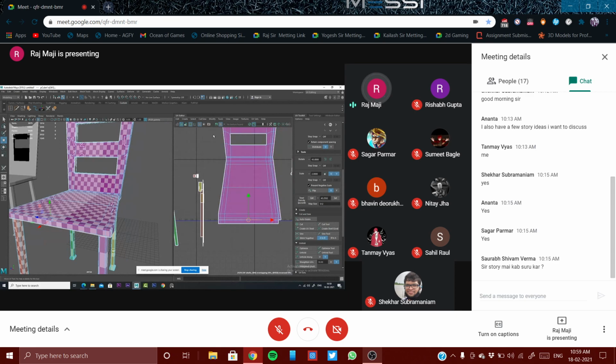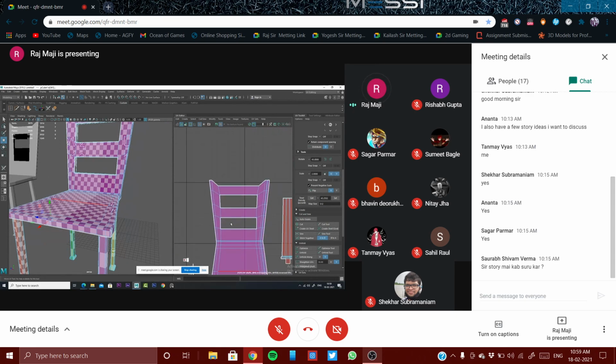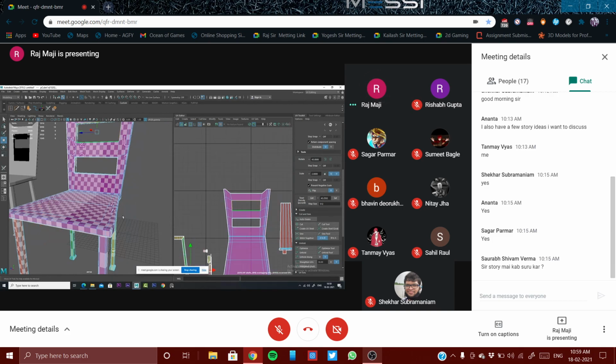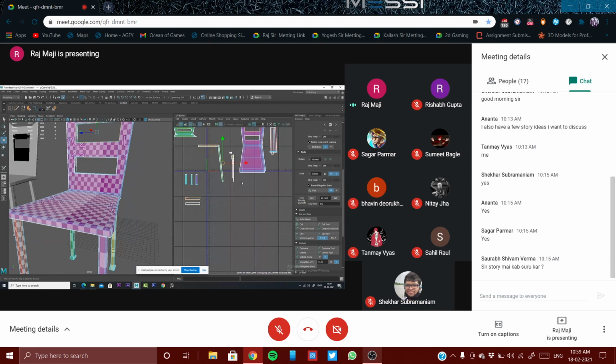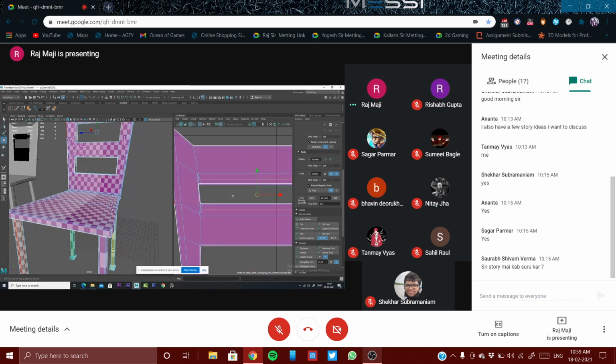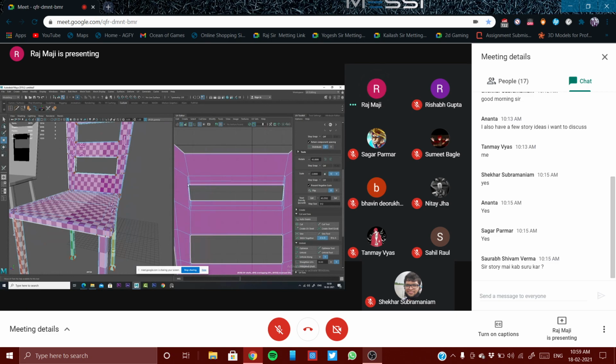Similarly this side, and for these things this should come, isn't it? So stitch together, let us check. Yeah, it's almost done. Let me check if unfolding is working.